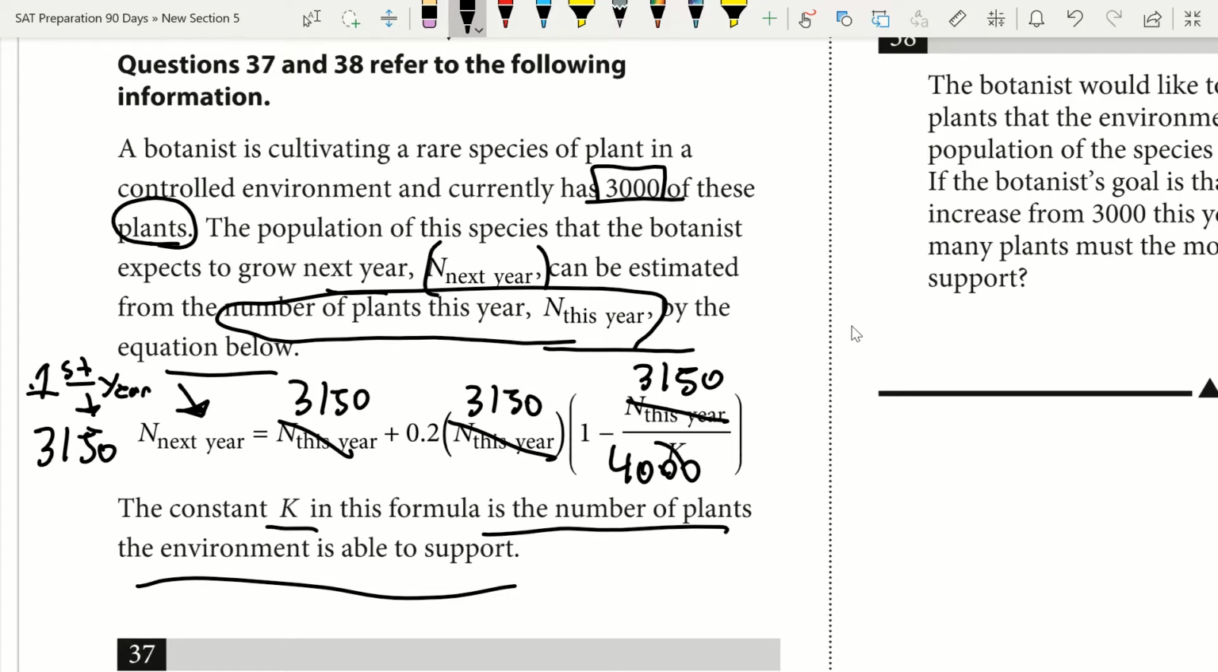Got 3,150 plus 0.2 times 3,150 times 1 minus, now keep in mind you have to include those parentheses on your calculator. What you're also going to want to do is put this in parentheses here, right? That 3,150 over 4,000. So times 1 minus that 3,150 over 4,000. We plug that in and we're going to get